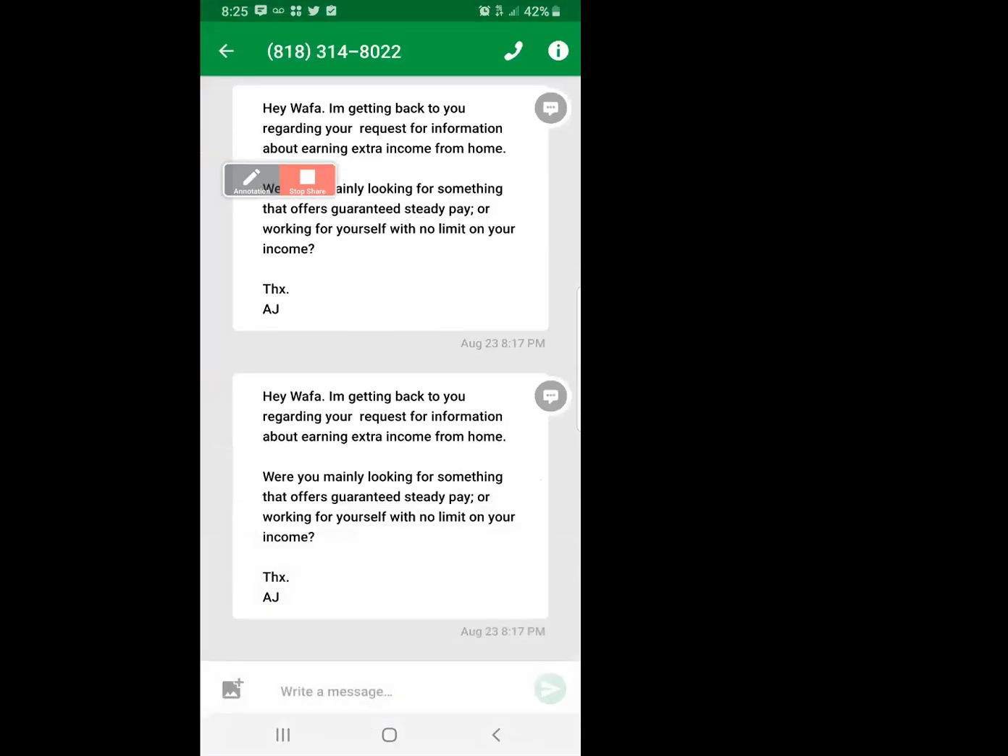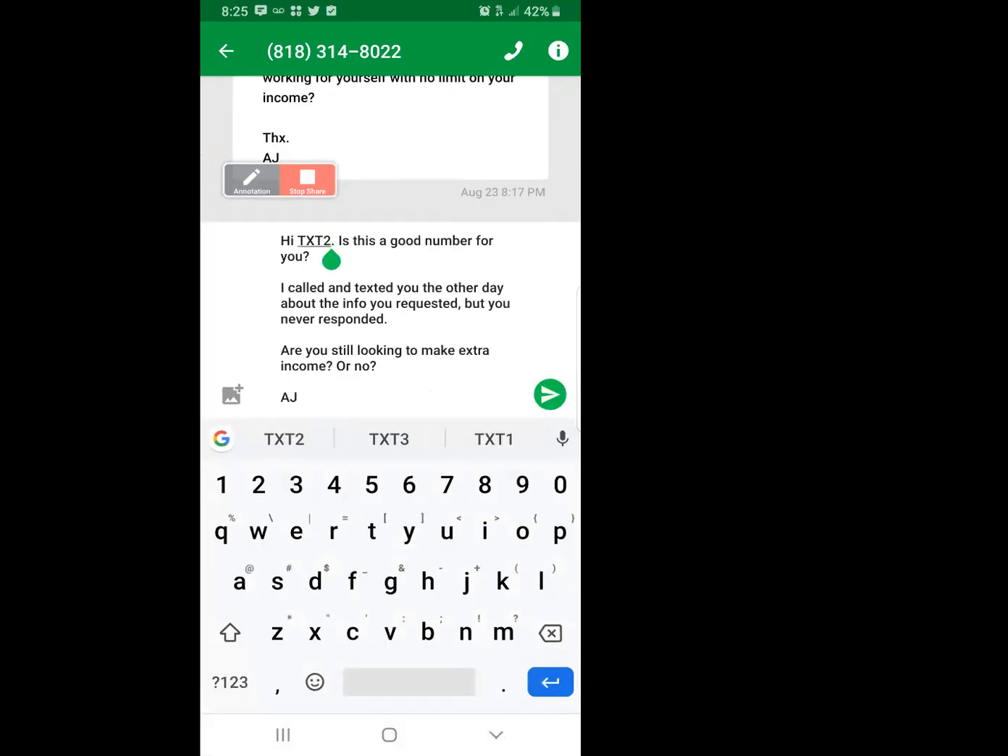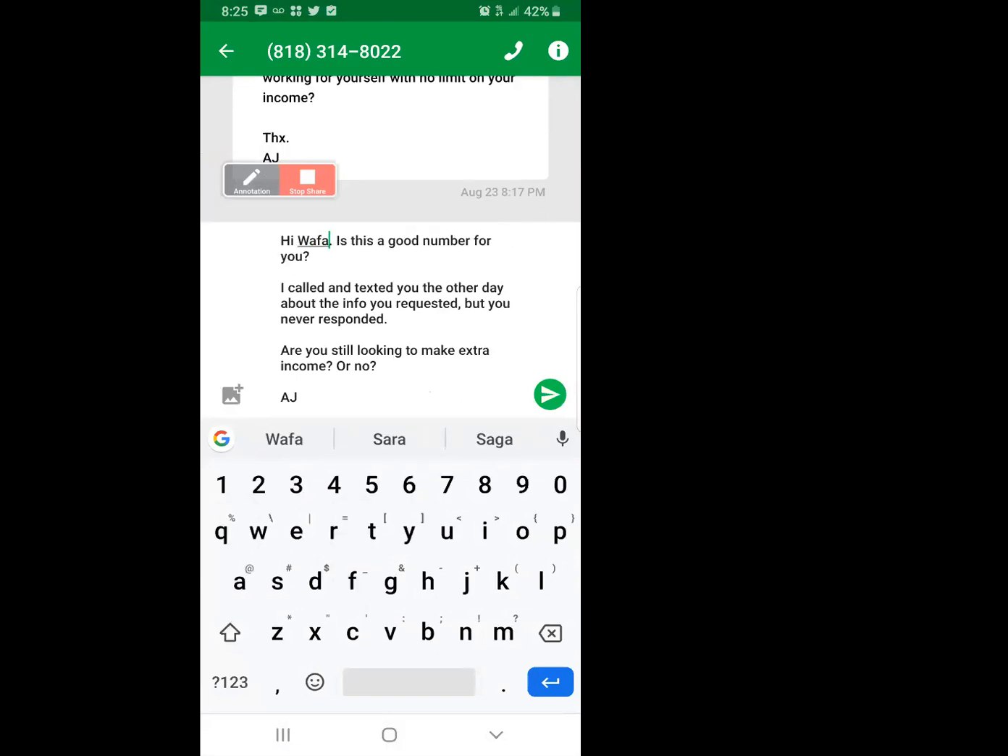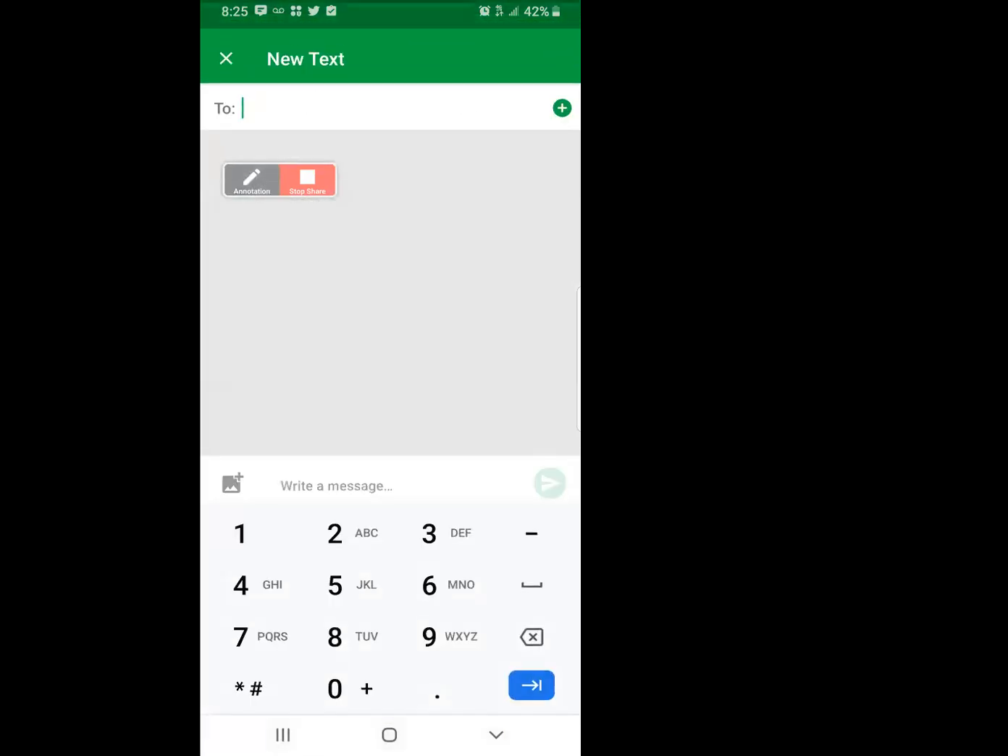And then for some reason, this one doubled, and I don't know why that happened, but it doesn't really matter. And I'm just going to hold down. I said paste, and then I'm going to say W-A-F-A. This person's name is Wafa, okay? And then I'm going to back up again, and then I'm going to hit the thing, and I'm going to say